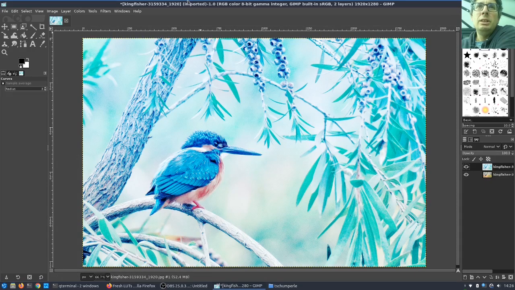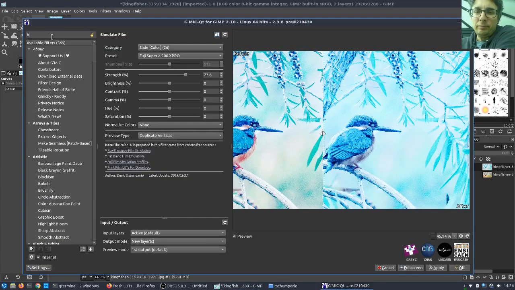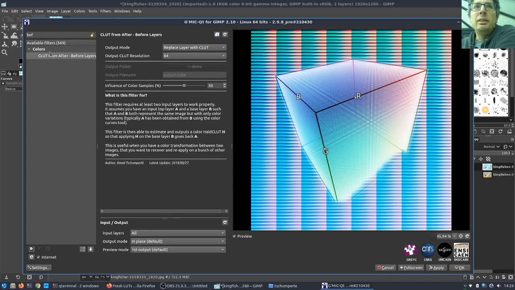In G'MIC-Qt there is a filter that will help you a lot if you are in this situation. This filter is named CLUT from after-before layers, and it's located in the colors category.